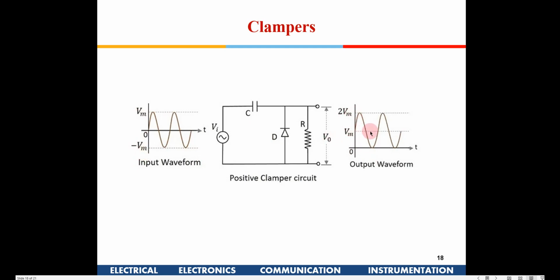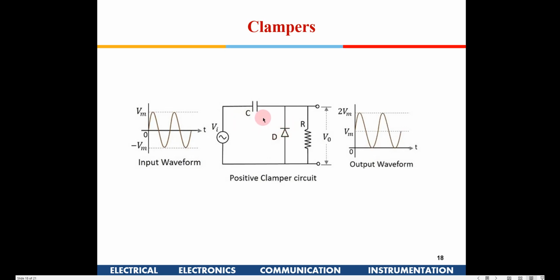Only thing is, a DC component of Vm has been introduced. Okay, so we first have to analyze when the capacitor is going to get charged through this diode. Once the capacitor sees the circuit, we need to analyze when the diode is going to remain on,